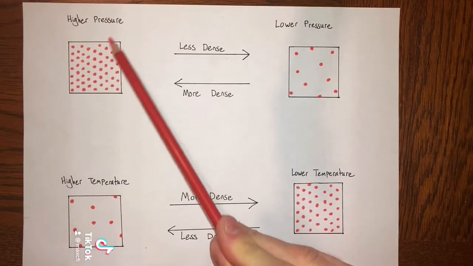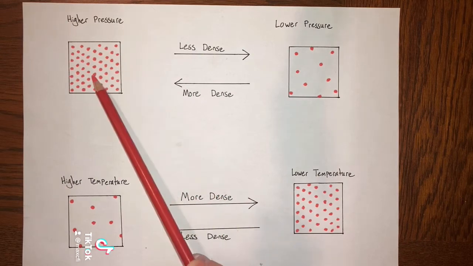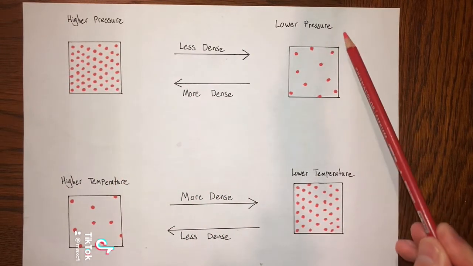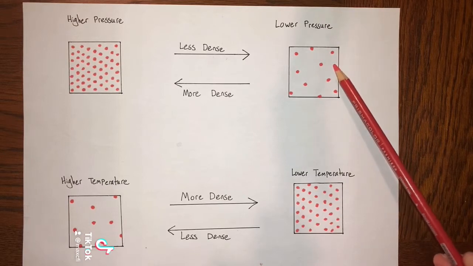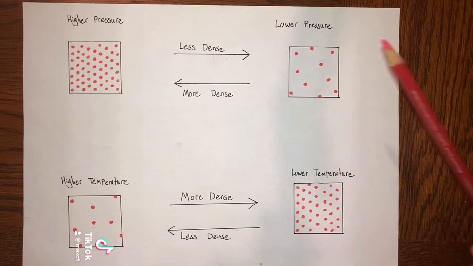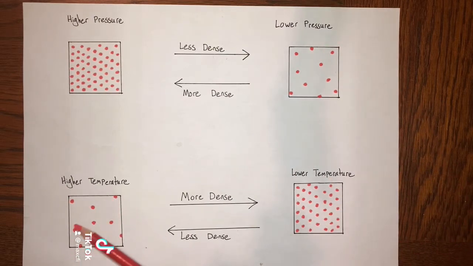So under higher air pressures, the air molecules are packed more closely together, and under lower pressures, they are not packed so closely together. So this is more dense, this is less dense. With temperature, at higher temperatures, the air molecules are moving around faster and they spread out more, so the air is less dense. And at lower temperatures, they're moving a lot less and they can get packed closer together and